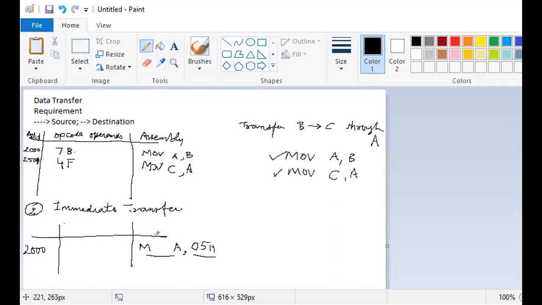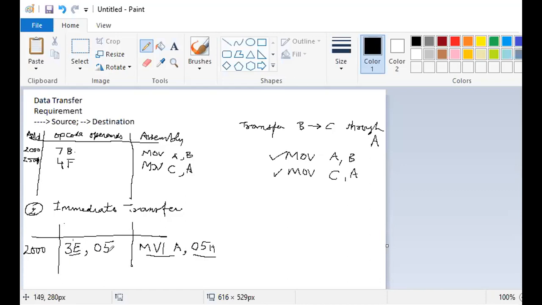So the instruction is MVI, move immediate, a byte into register A. So its code is 3E. So the code for MVI A is 3E, and the data is 05. So it is a 2 byte instruction. 1 byte, that is 3E, is stored at 2000, and at 2001 the data 05 will be stored.